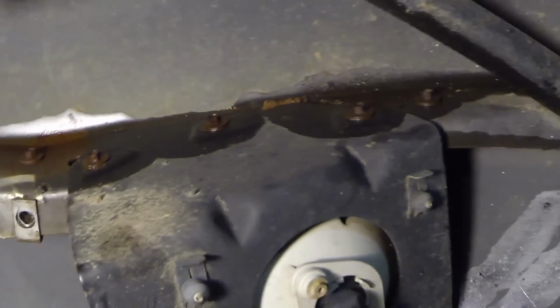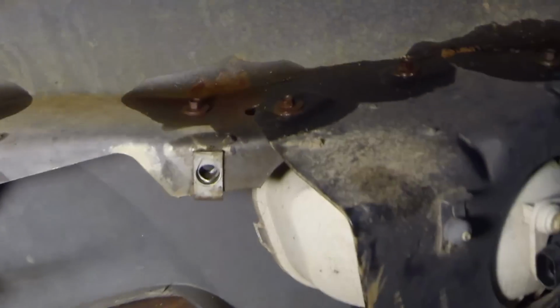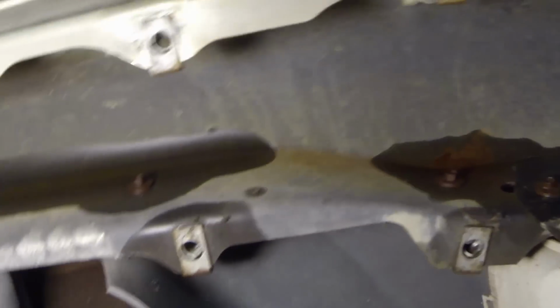Okay, y'all can see that all along the bumper. So you got some right here on your fog light housing. You got 3 there that come off. The rest of them hold the top piece and the bottom piece together. So what we're going to do is I'm going to start, when you pull all these bolts off here,